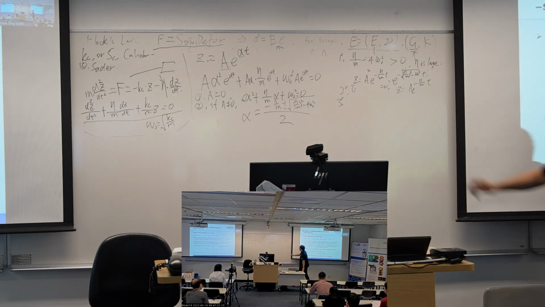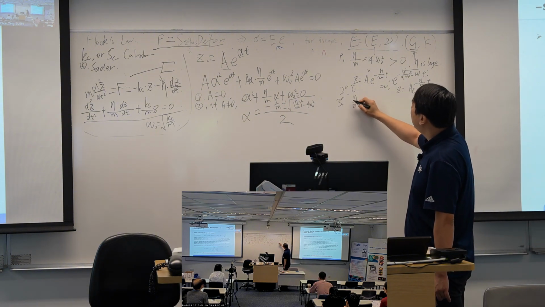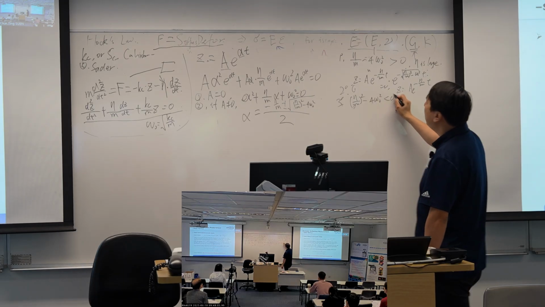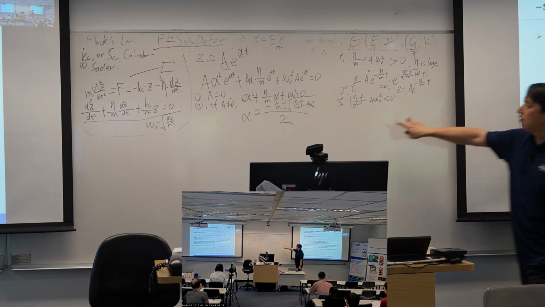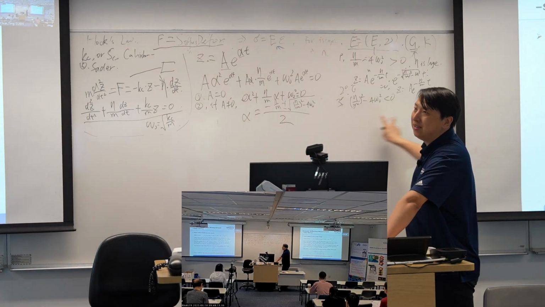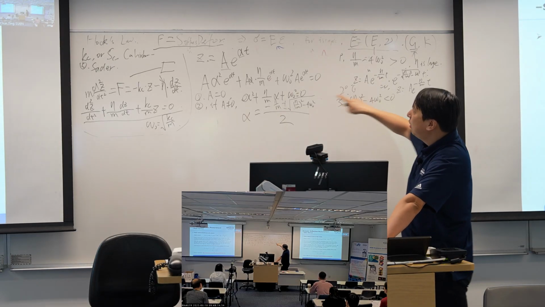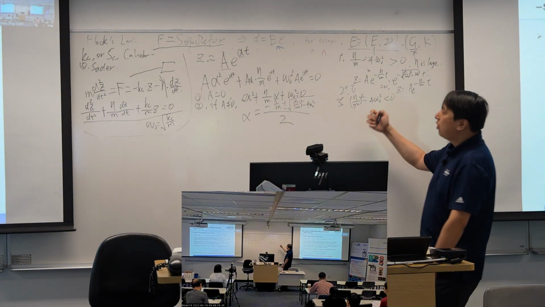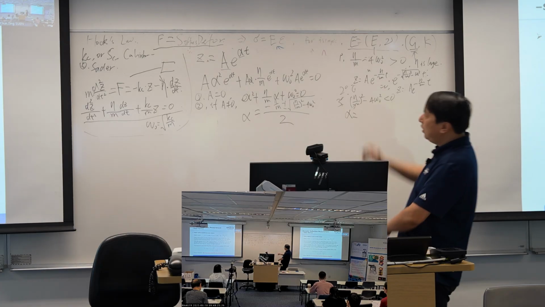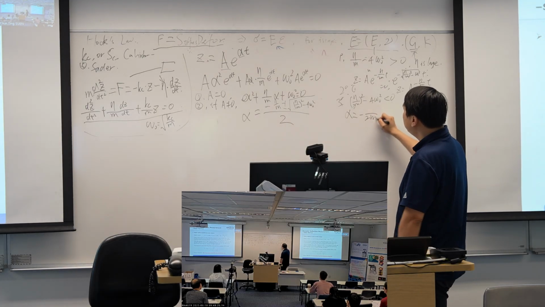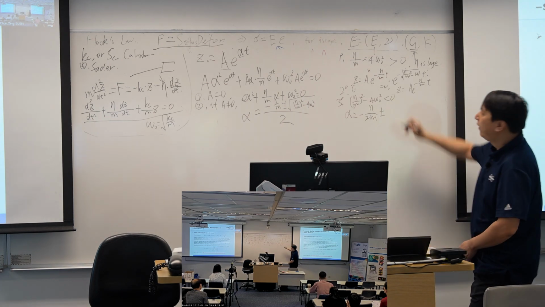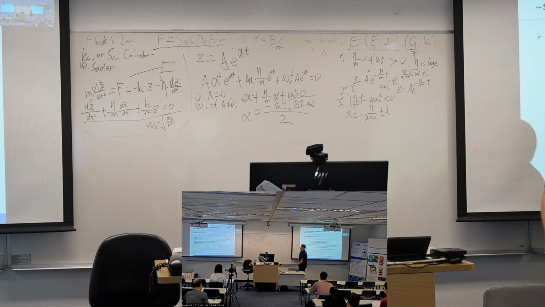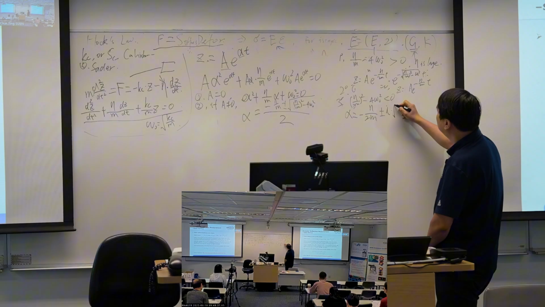Okay? The third condition is if (eta over m) squared minus 4 omega 0 squared is less than 0, which means inside the square root it is a negative value. If it's a negative value, you take a square root of it, it's an imaginary number, right? So I can write it down in this way. The alpha equals negative eta over 2m, plus minus i, the imaginary number, the square root of negative 1, times